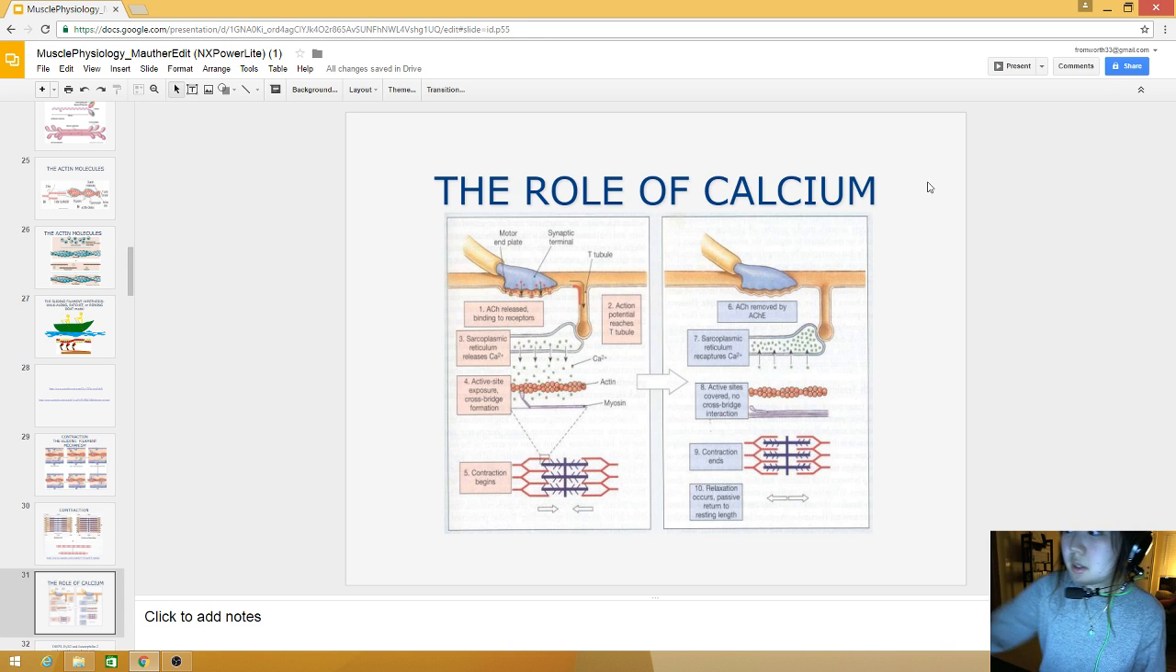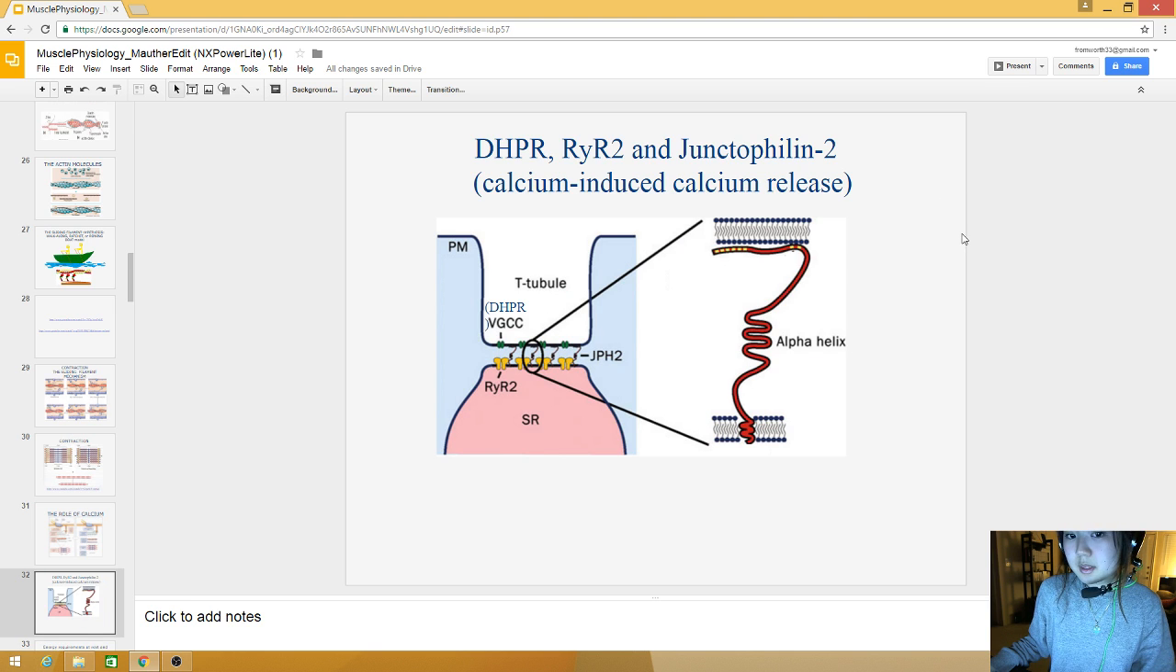So the cell cannot do anything without calcium. Calcium inside the cell is supplied almost entirely from the sarcoplasmic reticulum, or more specifically, the terminal cisternae. So the DHPR is really nothing more than a calcium channel in the membrane of the transverse tubule. Calcium that enters through the DHPR, seen right here,